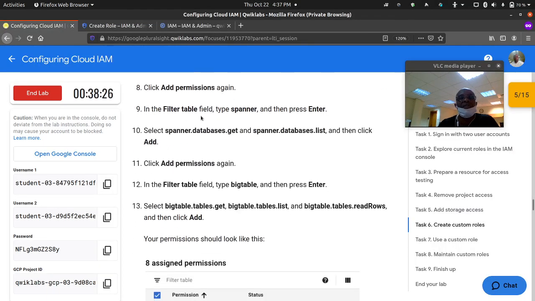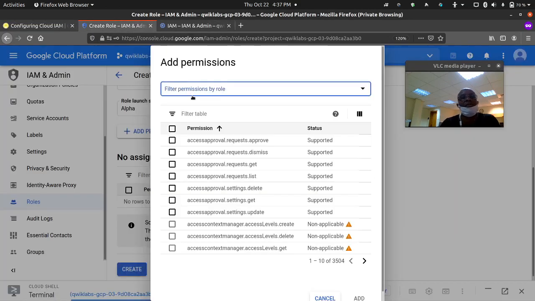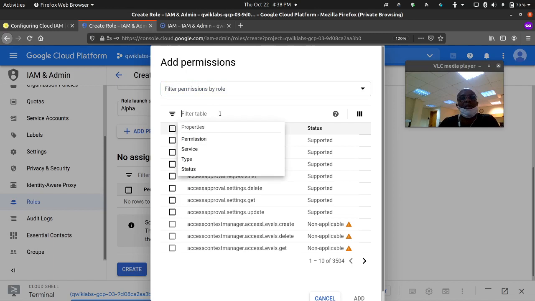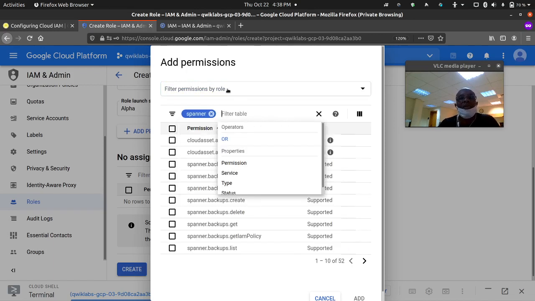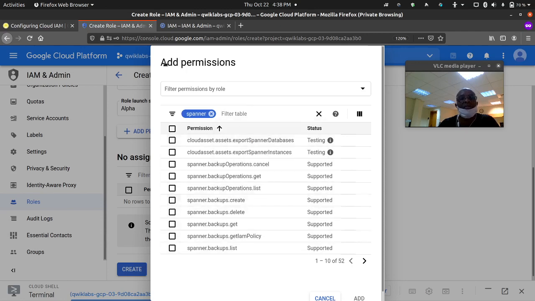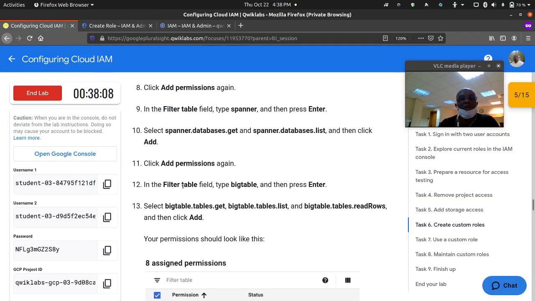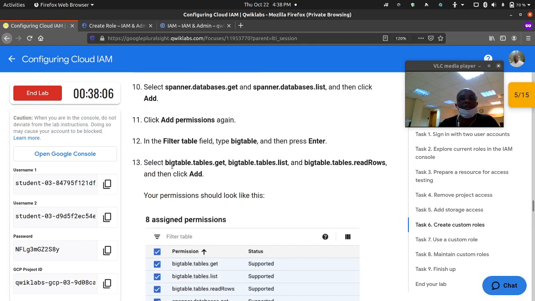Now in the filter table, type spanner and press enter. Okay, so filter table, type spanner and then enter. All right, and we have so many options that have come out. Okay, now select bigtable,